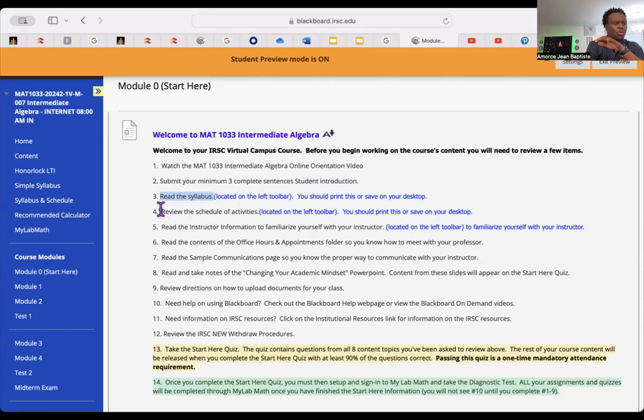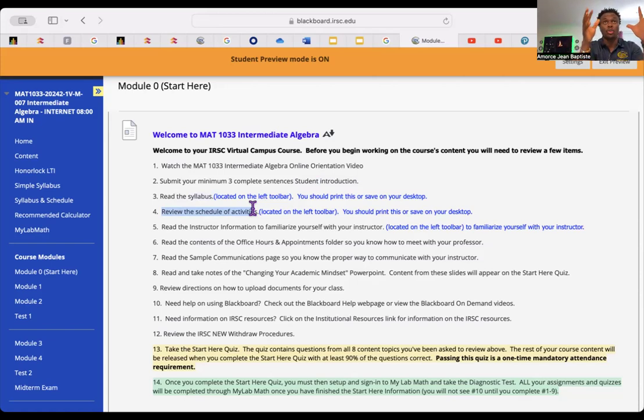You also need to review your scheduled activities. Same thing that you do for your syllabus is also needed for your scheduled activity, because the dates are important, and assignments will not be reopened. You need to be on top of your dates. That's why your scheduled activity needs to be printed, or downloaded on your iPad if you have one, or any tools that you use.